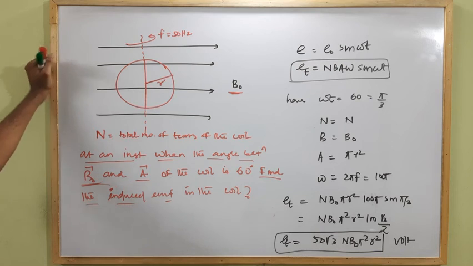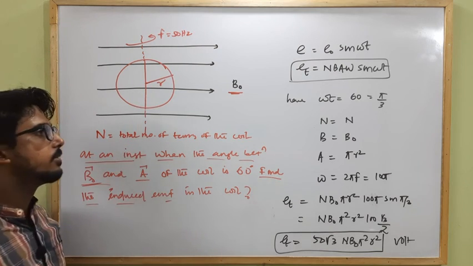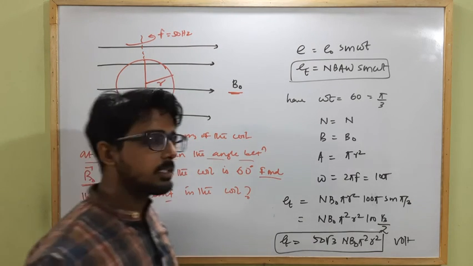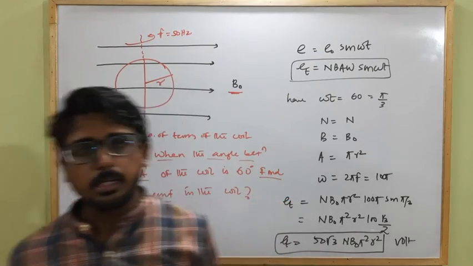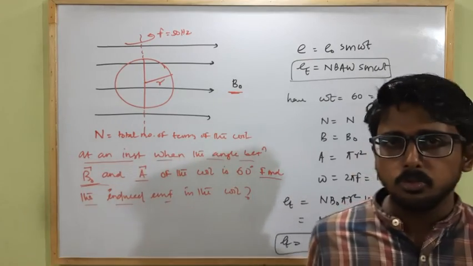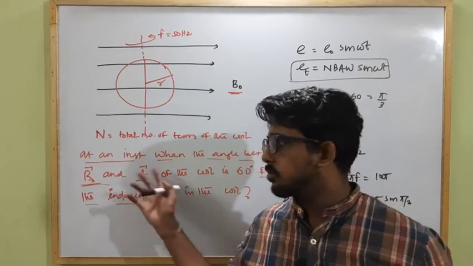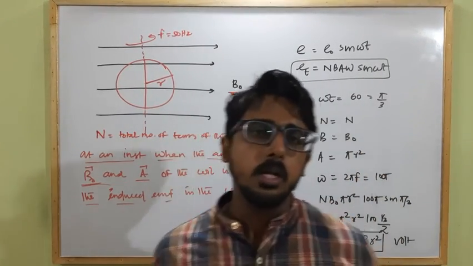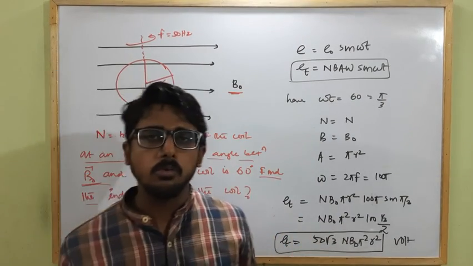Okay, so this is how we can calculate the induced EMF produced due to the orientation of a coil in an external magnetic field. Clear? And how we can use the concepts of self-inductance and mutual inductance to solve some numericals. You have to remember the formulas and concepts to solve further numericals.